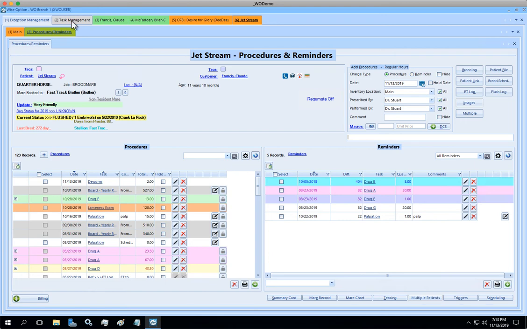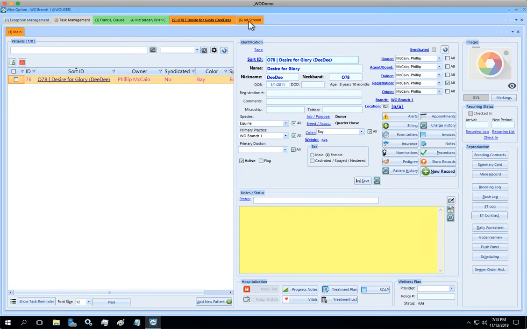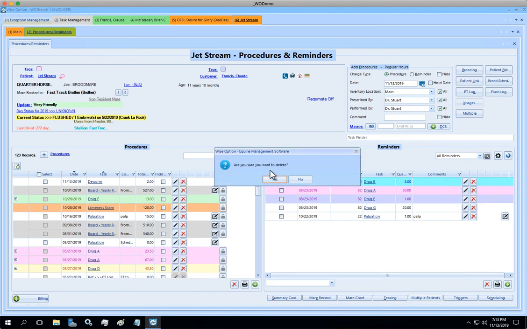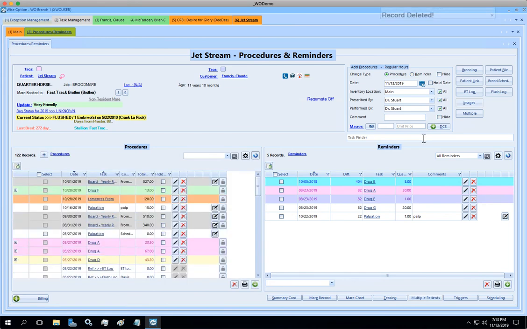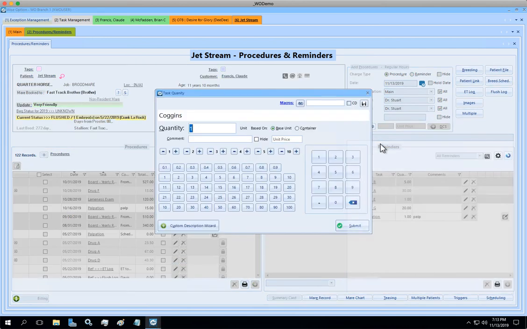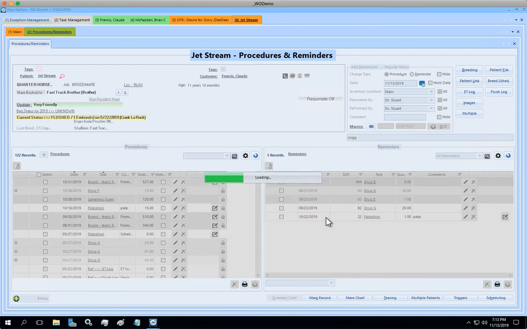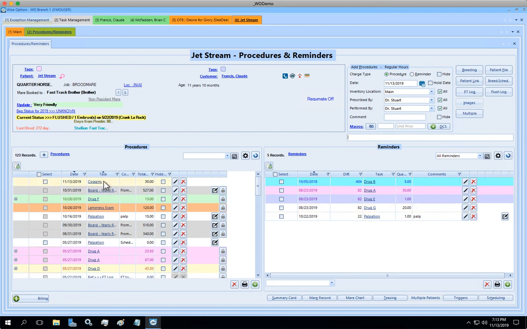And I know if I go here to my task management and I select my deworm, I'm sorry, I should have Coggins. Let's do Coggins. It was my bad. Let me go back to that horse, Jetstream. Let me delete. It's not deworm that I want. I want Coggins. It's a lab. It's gone. So I'm going to do Coggins. Double click. We should not have the exception anyways because this patient belongs to Claude, and therefore $30 for the Coggins,